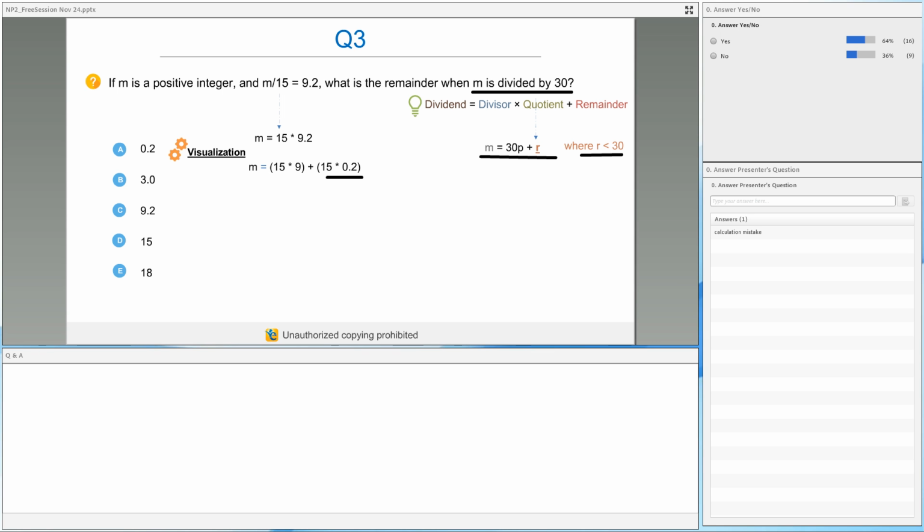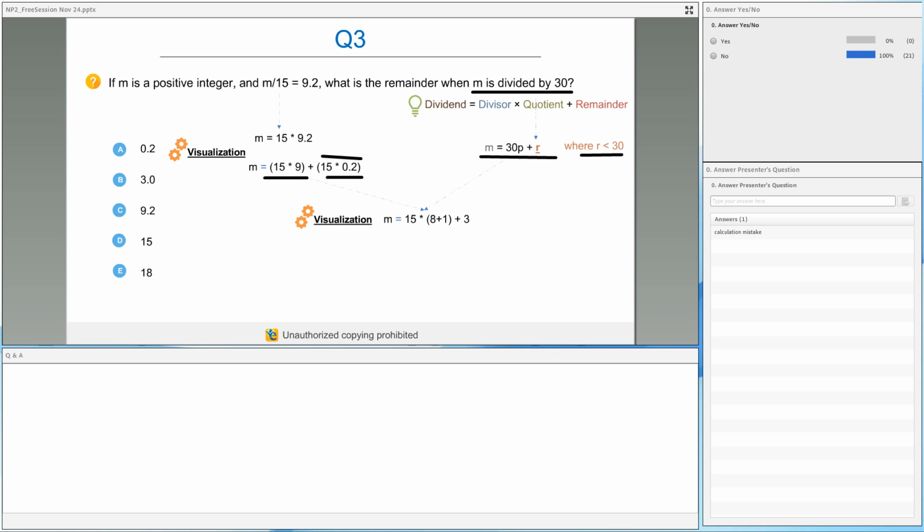Okay. But please understand, what did I tell you? We focus only on the second part only and only when the first part is fully divisible by 30. Now tell me, 15 into 9, is this divisible by 30? No, right? Because when I divide this by 30, I would get 9 by 2. So what you need to do is, obviously one way is to multiply it. Somebody did that, 15 into 9 and then divide by 30. That is one way. The other way to look at it is, I need to make it a multiple of 30.